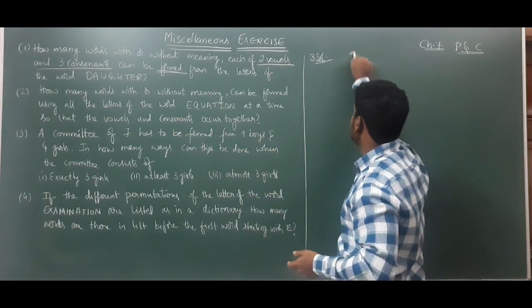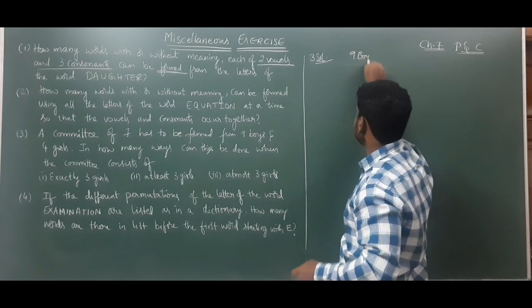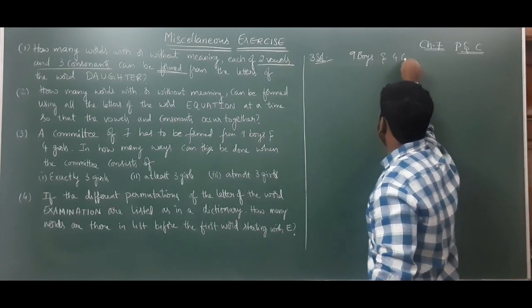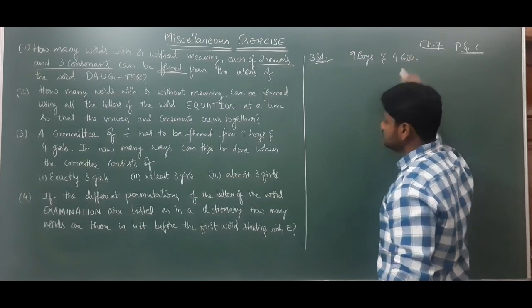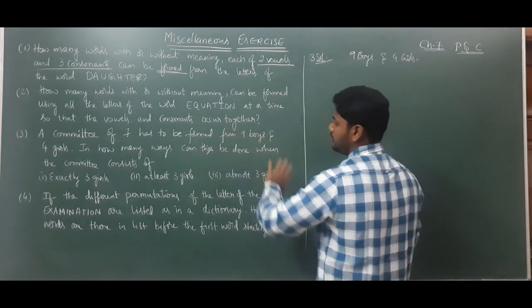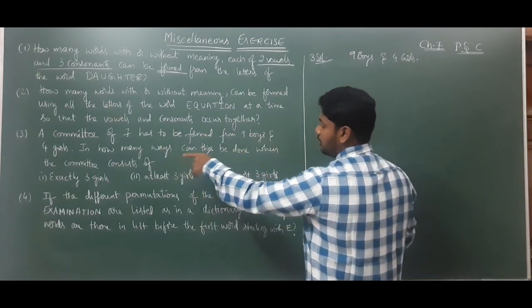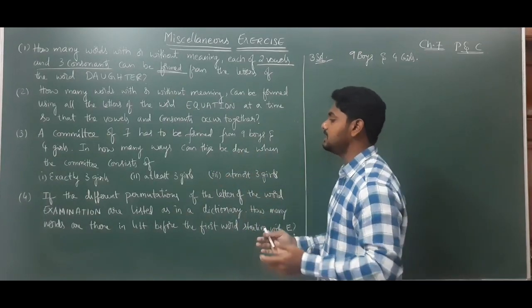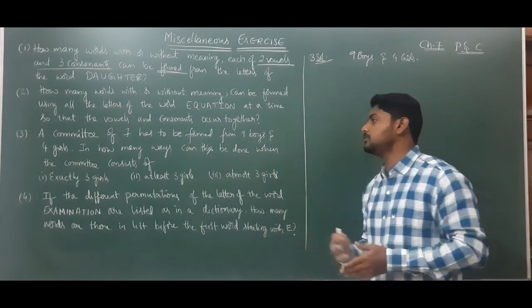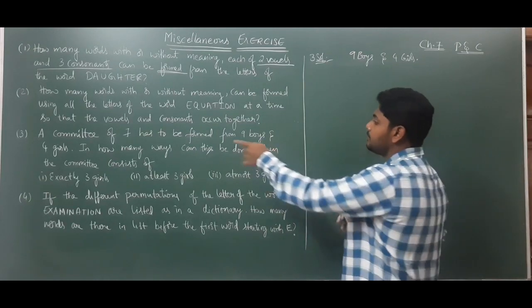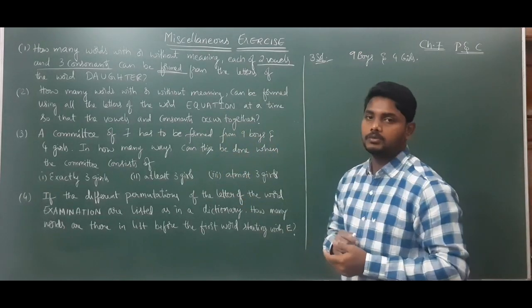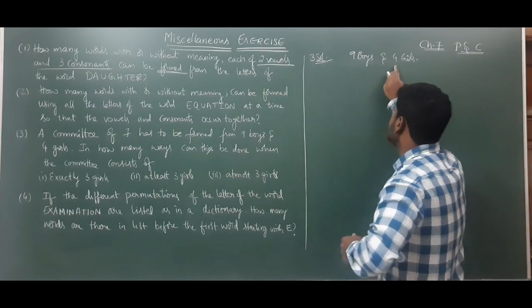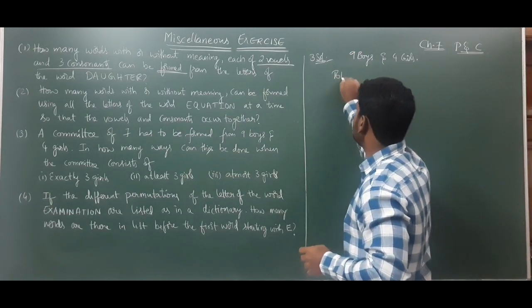Out of 9 boys and 4 girls, a committee of 7 has to be formed. In how many ways can this be done? When the committee consists of exactly 3 girls, at least 3 girls and at most 3 girls. First of all, a committee of 7 has to be formed from 9 and 4. That means the total number of ways